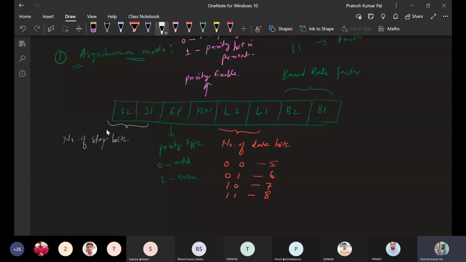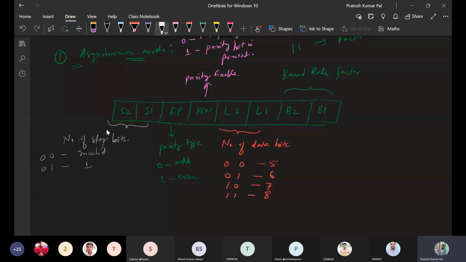So what type of stop bits will be there is governed by S1 and S2. If S1 and S2 is 00, then it is considered invalid. If it is 01, that means one stop bit will be used.